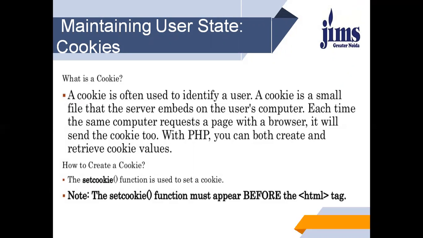State is useful. You cannot build a shopping cart application, for example, if you can't keep track of a sequence of requests from a single user. You need to know when a user puts an item in his cart, when he adds items, when he removes them, and what's in the cart when he decides to check out.